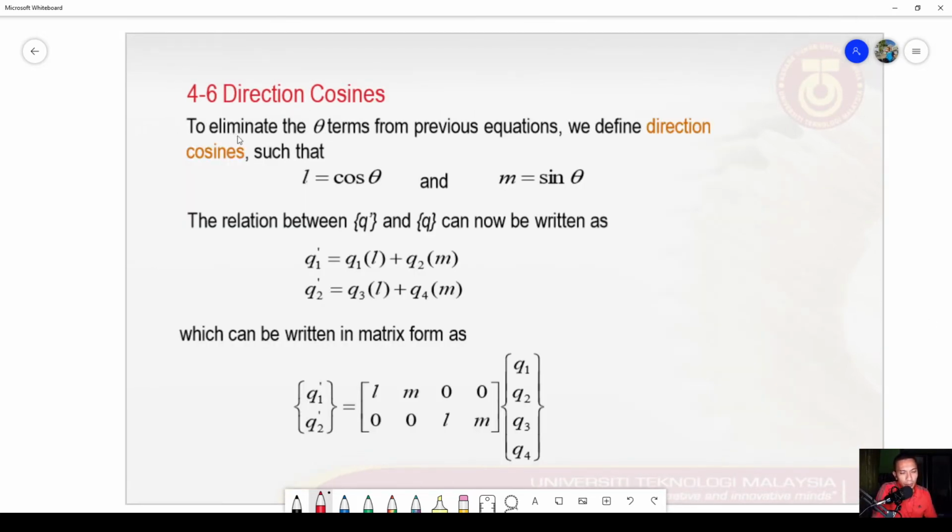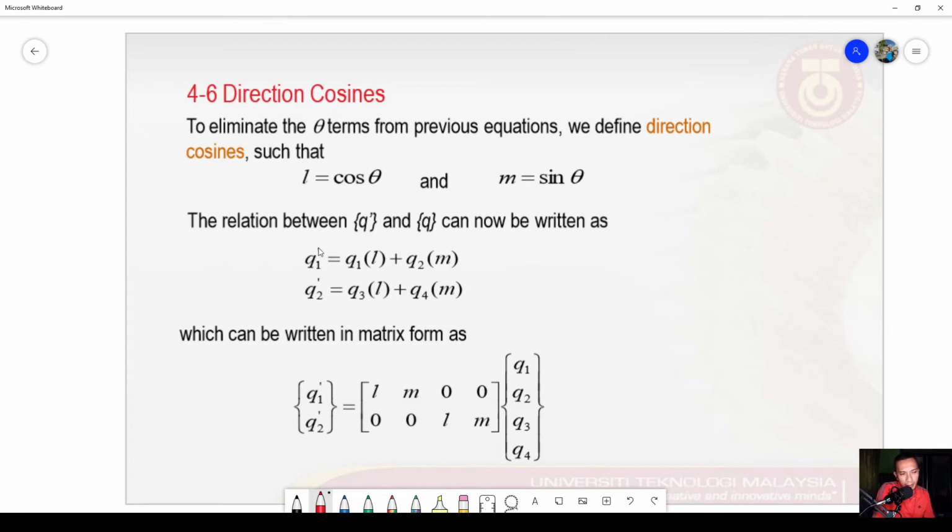So to eliminate the theta term from the previous equation, we introduce a new variable called L, which will take cos theta, and we have another variable M, which will take sin theta. So by having these new variables